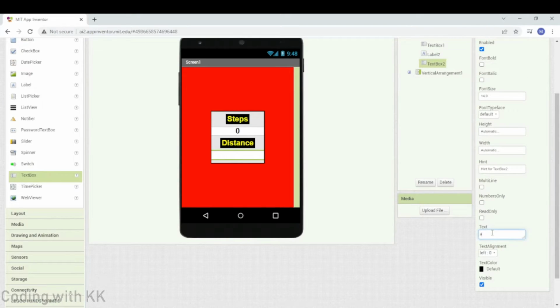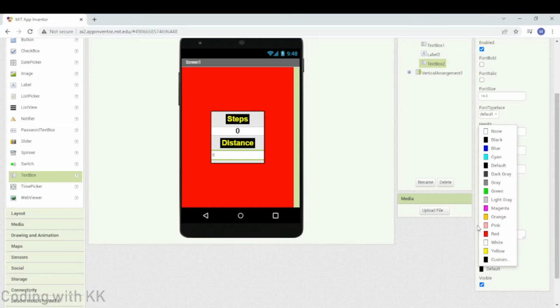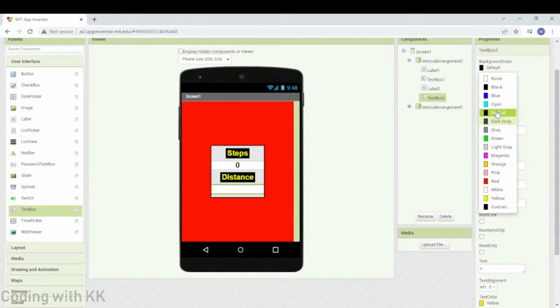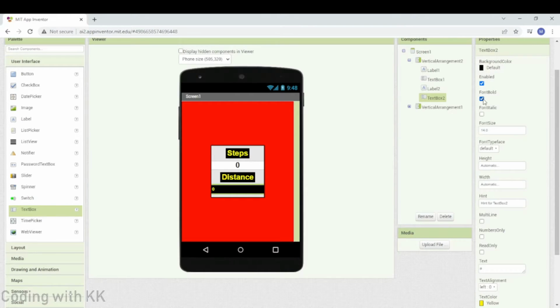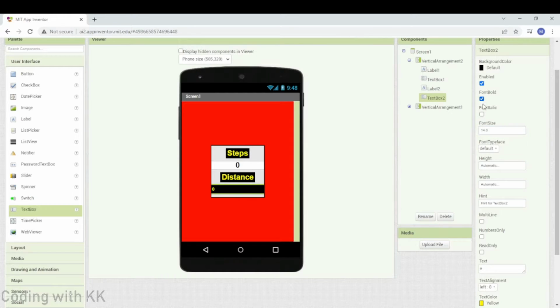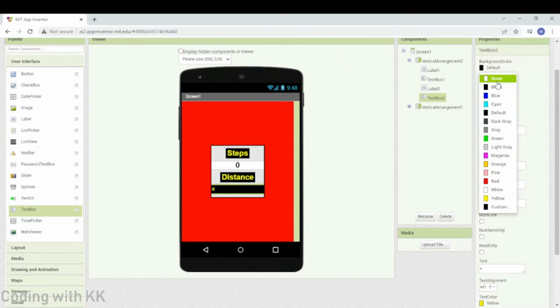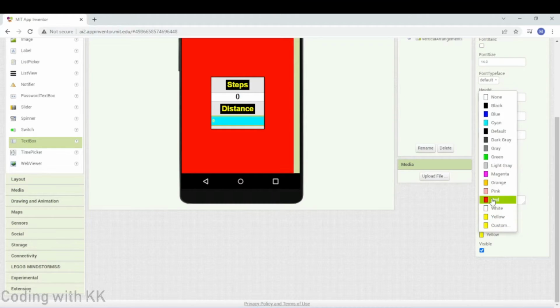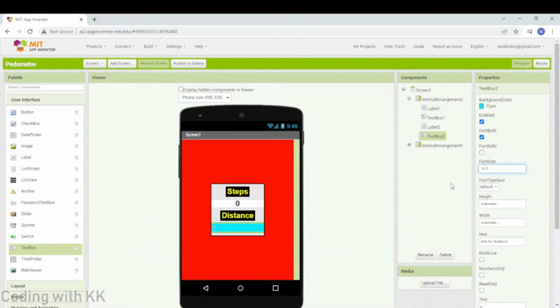The text will be 0, text color would be yellow, background color would be black and font bold. The background color black doesn't look nice. I'll make cyan and let the text color be red. Now that's fine. And make the text size 25